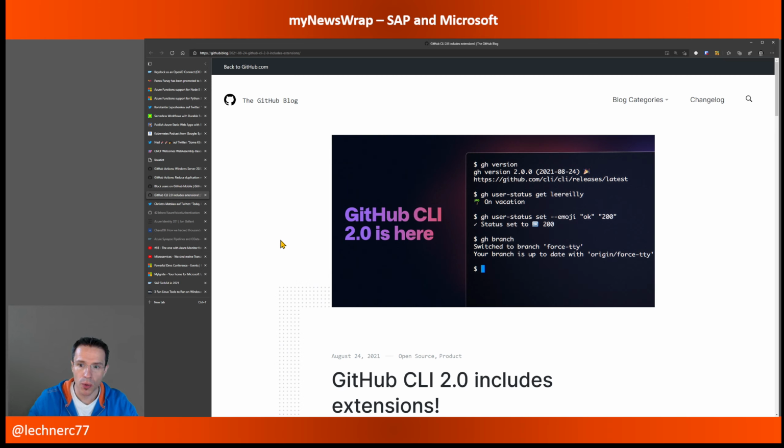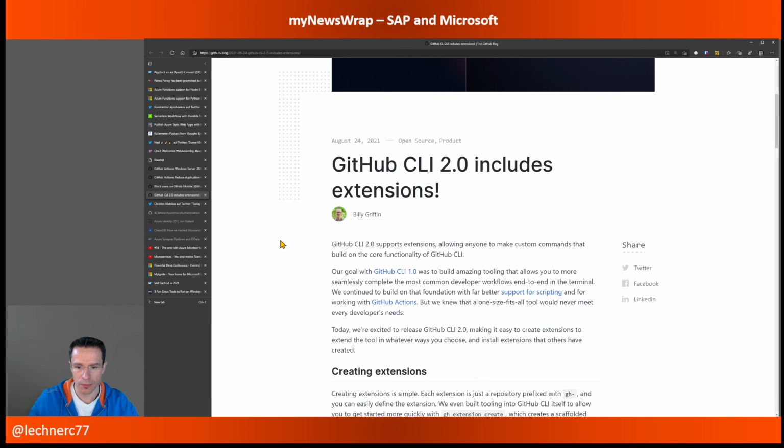GitHub CLI 2.0 is out. And with this new version, it's now possible to build your own GitHub CLI extensions. So up to now, you weren't really able to do that because the focus of GitHub CLI was not that. They just wanted to do the right things first at GitHub, which makes sense.